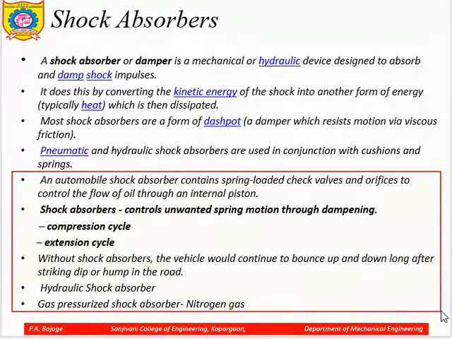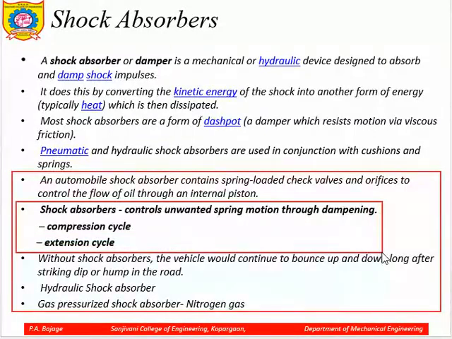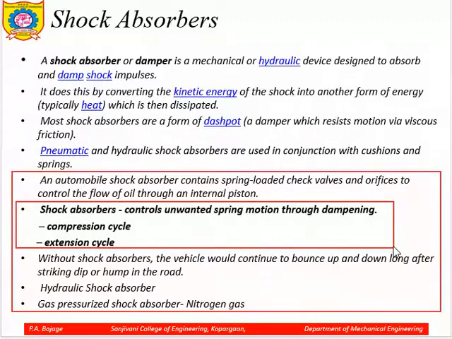So if you go through the previous diagram, we have seen the piston cylinder arrangement which has hydraulic oil filled in it. So it is the construction basically. Shock absorbers control unwanted spring motions through damping, that is the compression cycle and extension cycle.